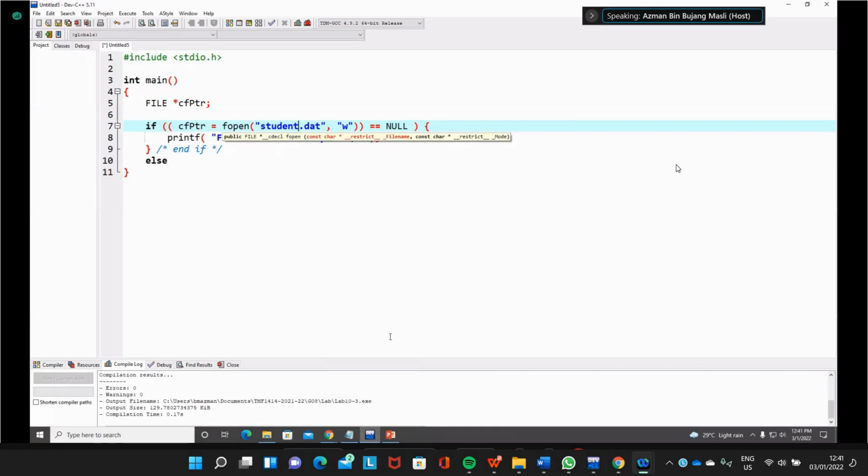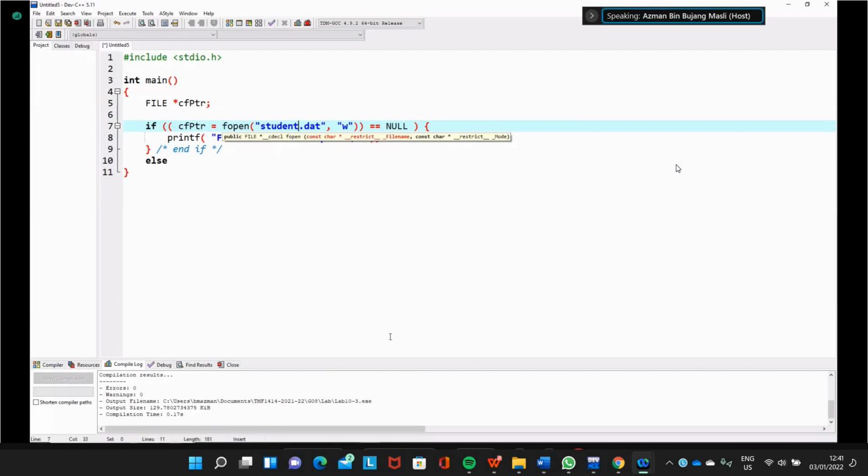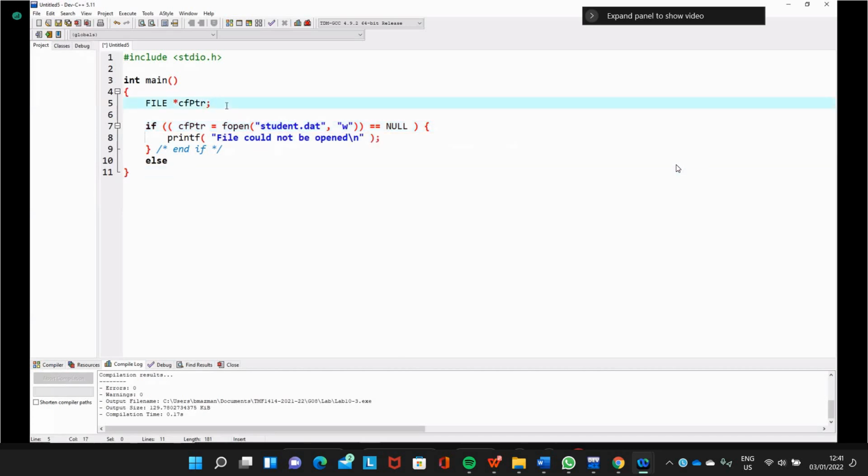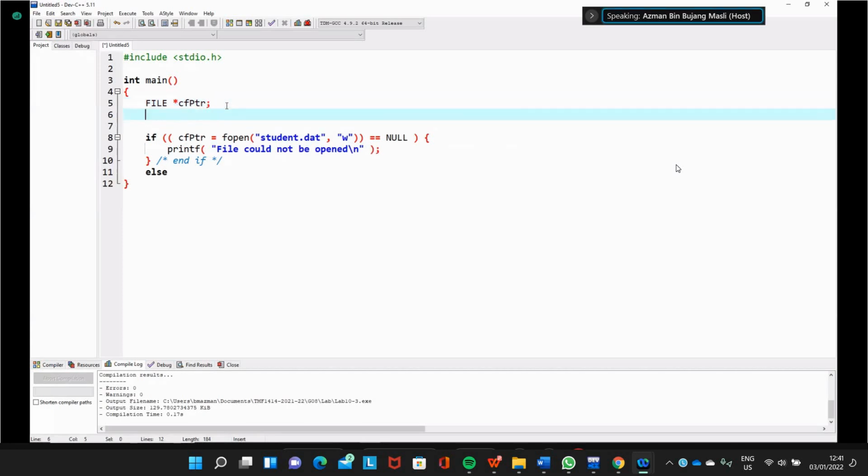We get the input from the user, the user will enter the data, and then we write to the file. First of all, we need a few variables. We need the name of the student, so we declare a name as a character array, for example of size 30.